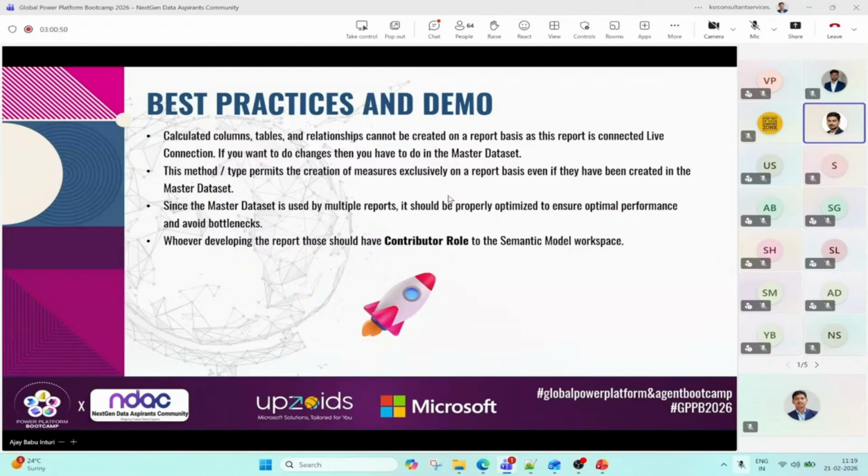So we need to keep these two things in mind. If the user has only viewer access to the workspace, he can't develop any report in any way. He can only consume the report, but can't build in his own way. That is why that person needs contributor access, or if the user has viewer access, he needs build permission on that semantic model.